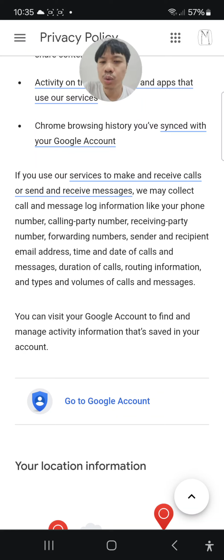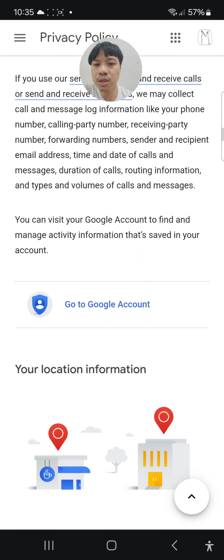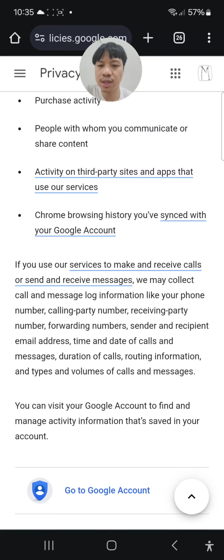And then to end this, we have two last paragraphs, if not for the whole privacy policy, just in terms of the your activity section.